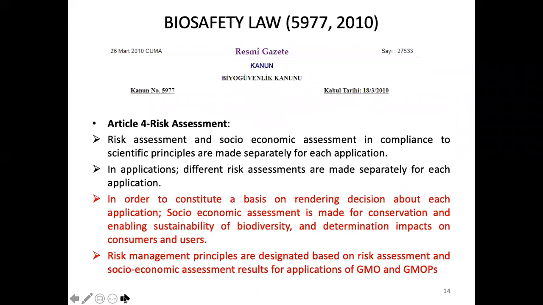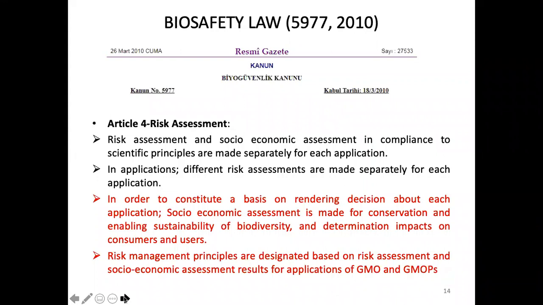Article 4, risk assessment. In this law, risk assessment is a very important topic, and they divided it into 2 different topics under Article 4, because the risk assessment includes scientific risk assessment and social economic risk assessment. That's why you can see 2 terms here, but they insist on scientific principles, and they are made separately